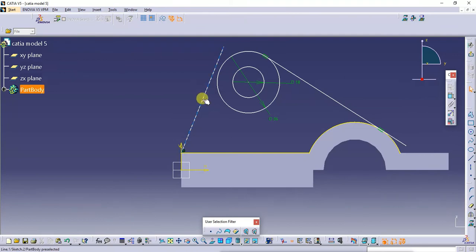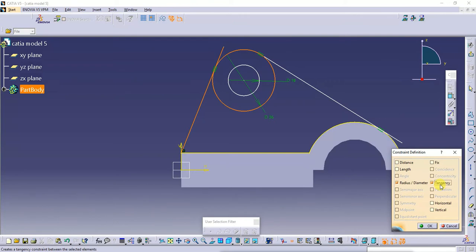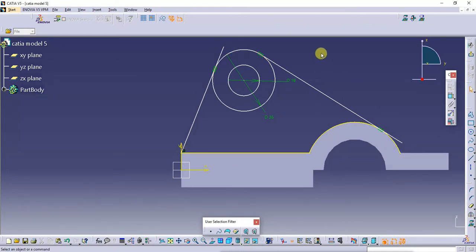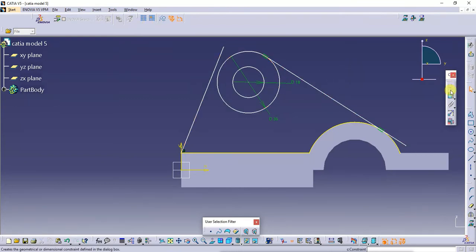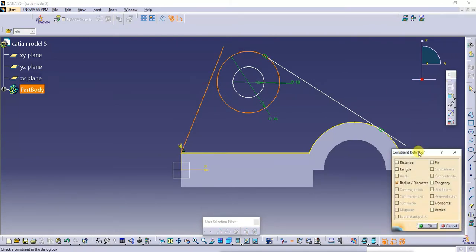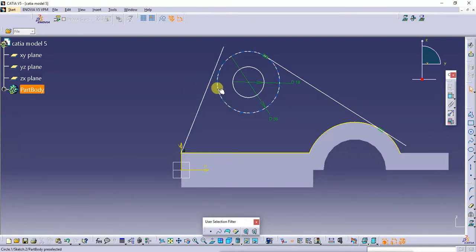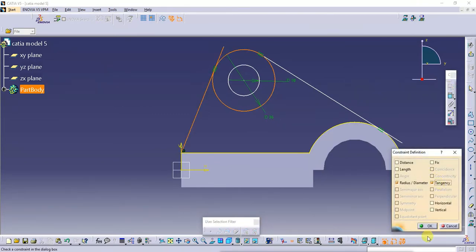Similarly, select this and this, go for the tangent command. Select this and this. I'll go for the tangent. See here, I'll select this first and this one. Both are the same.